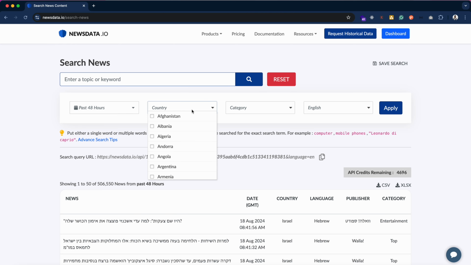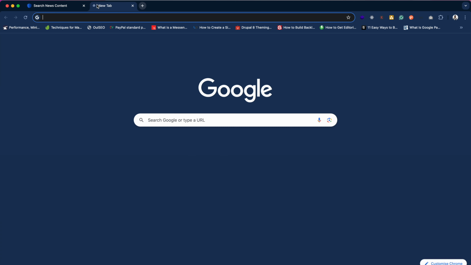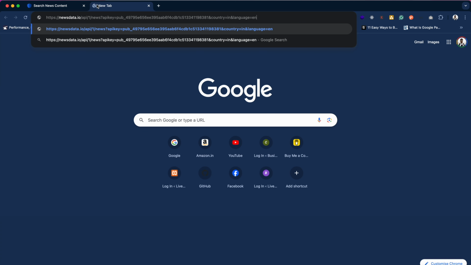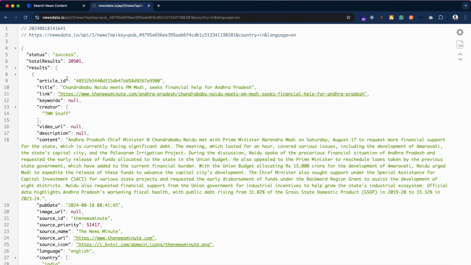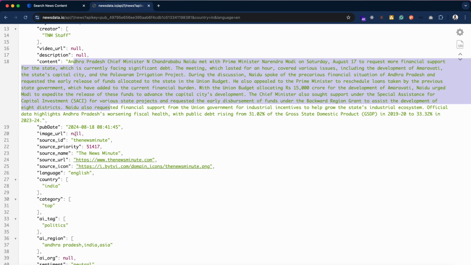Then we can customize it by country. So here for the country, let me select India, and for the category we can select any category or we can select none. So that's how our query is being created, and let me copy this API URL and paste it here. Let's see. So here we can see the data. Here we have the article ID, title, link, and the other details. So here we can see the content, we can see the image URL, and the image URL for this one